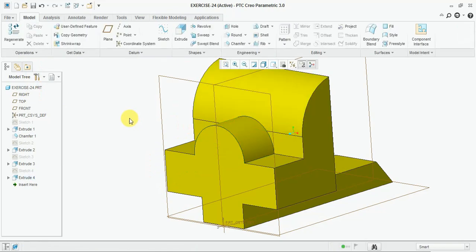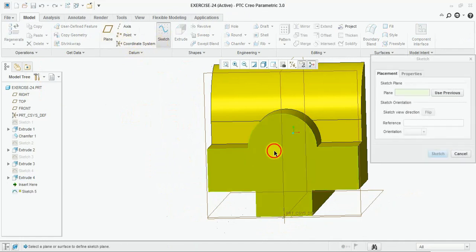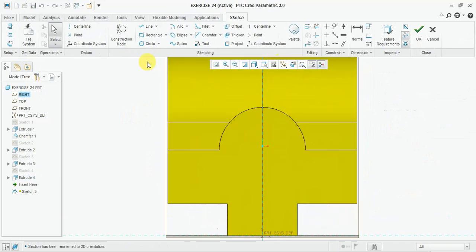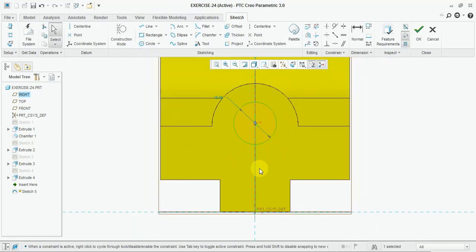Okay, now make the hole here. Select the sketch, the same center, from the edge, 12 plus 20.